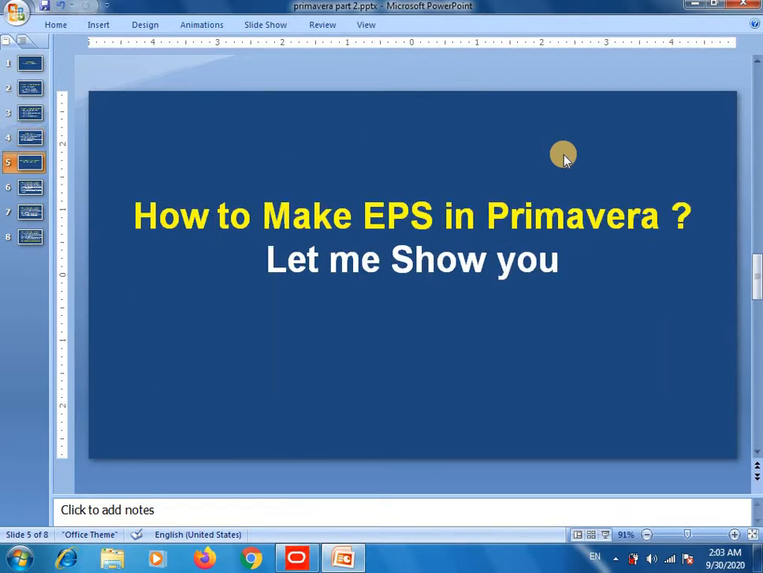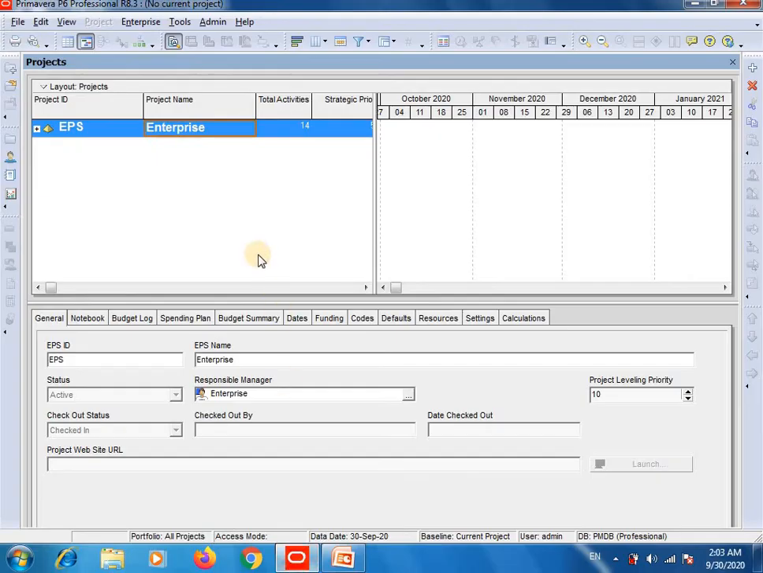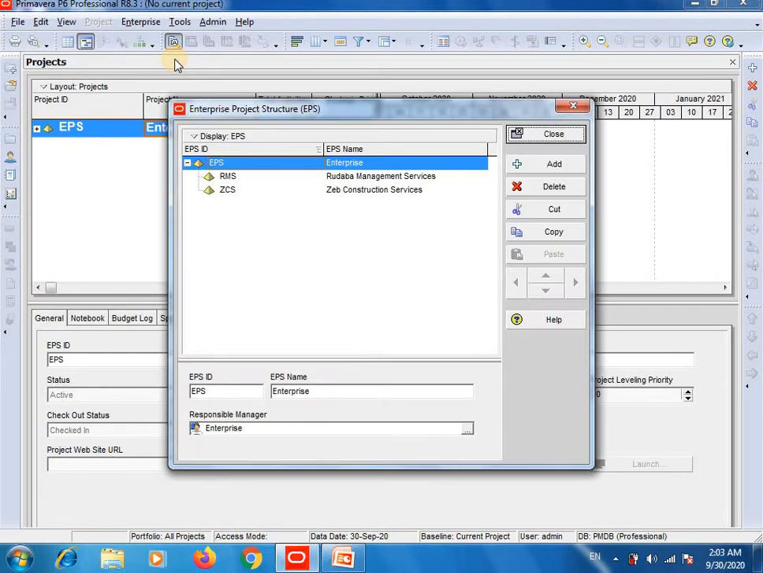So how to make EPS in Primavera? Let me show you. Alright, this is the Primavera interface. So your first step is click on enterprise, click on enterprise project structure. Here I already added 2 EPS for previous projects. Select EPS like this. You can see the red box, it is already selected. Then click on add,